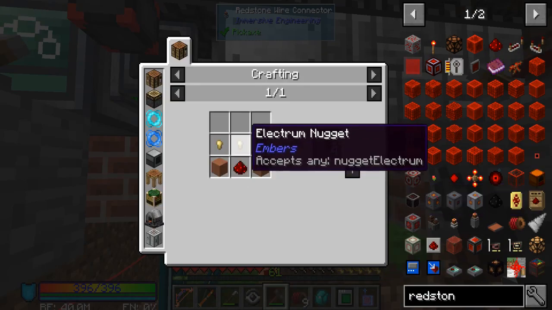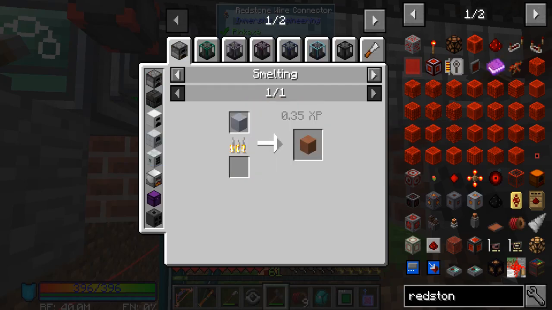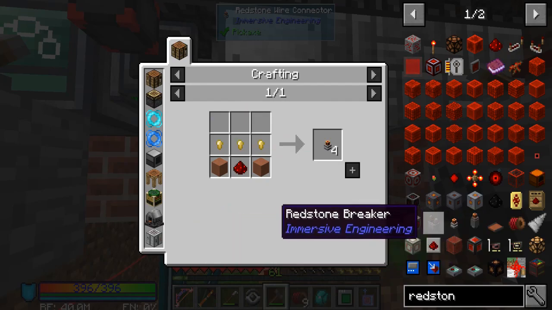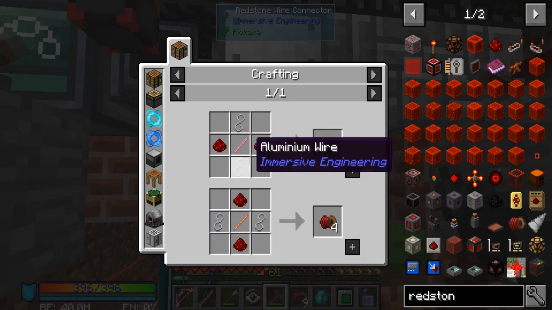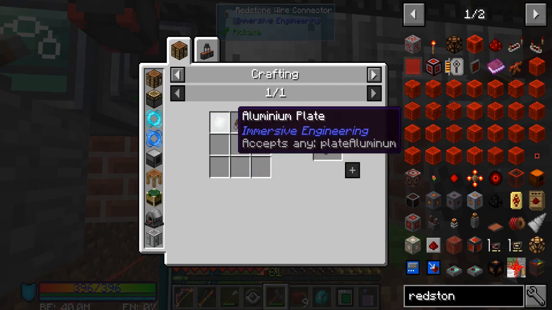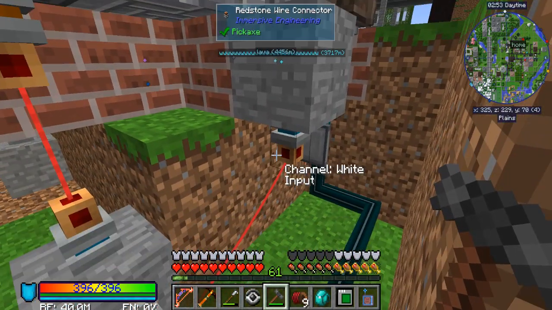To make these connectors you need some electrum nuggets, some terracotta from clay, and a piece of redstone. One second. And let's see, in the wire. If you've done Immersive Engineering, then you'll know how to make the plates, aluminum. And this is